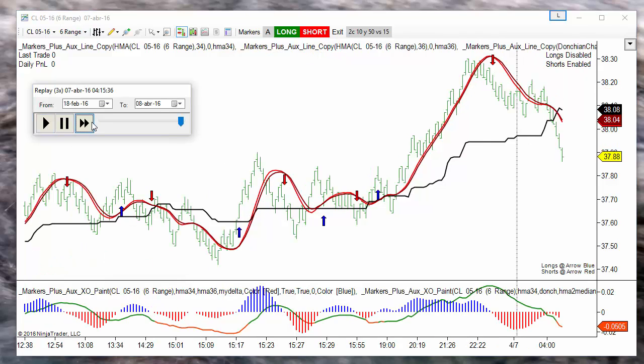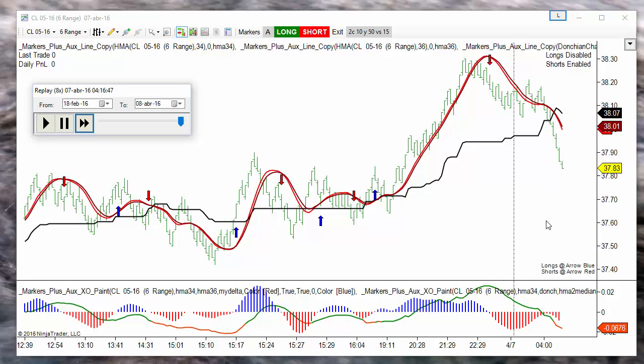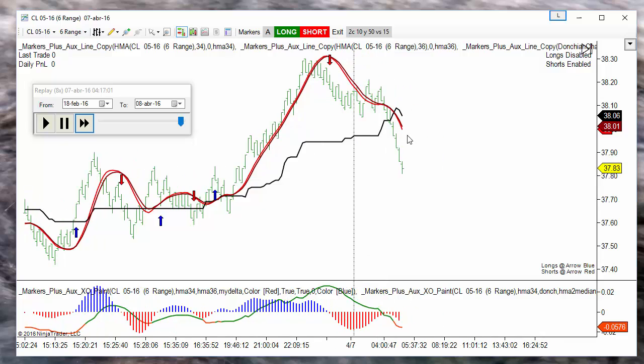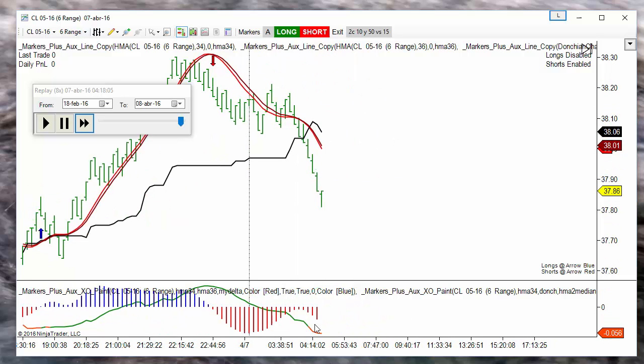So now we are starting April 7. The setup has just changed the trend. Now the red lines are below the black line, so we are only taking shorts. We can see the result at the bottom on the green line that changed to red, because now it is